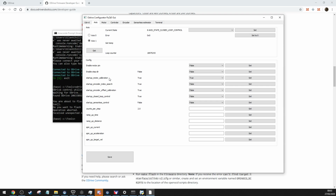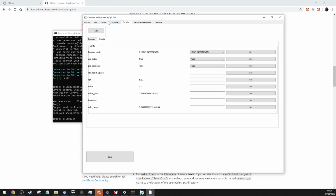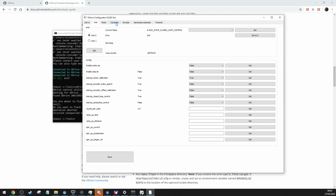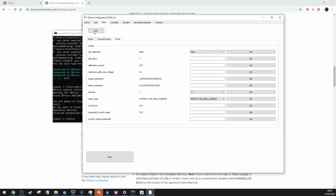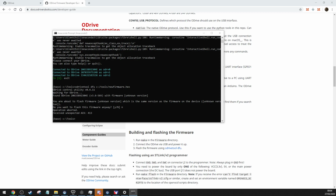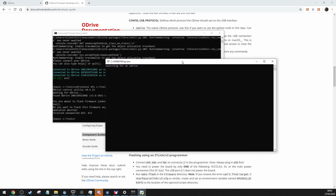So for your first time though, you will need to have startup motor calibration true, and motor pre-calibrated will be false, and then you'd have to go back into axis 1 and do that again, and put that, you go get as true, and then you put it false. So once you've set that, then you can connect your motors and boot it up. And then if I close that and open it again, once it finds it,